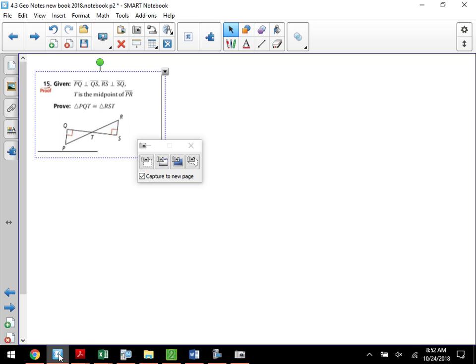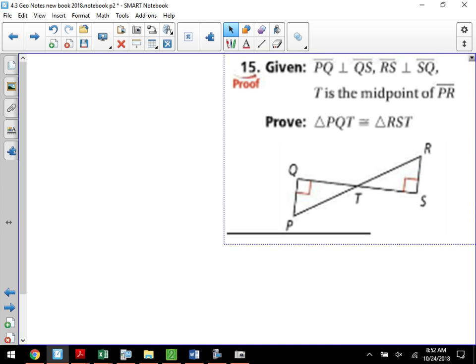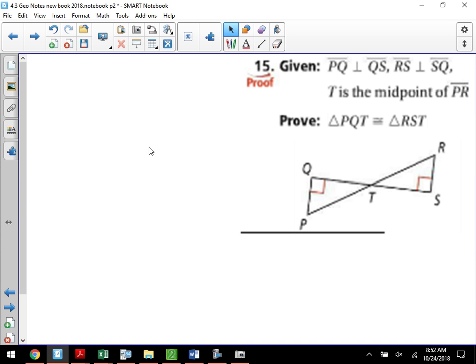What stinks with number 15 is that you have 3 progressions, and 2 of them have 3 steps because they're 2 sets of perpendicular. That gives me 6 steps out of that. The next one has a midpoint, which has 2 steps. There's 8 steps right away that I can see from my givens of writing things down. But everything is in front of you as far as how it works. You just have to write them down. So as you go through,